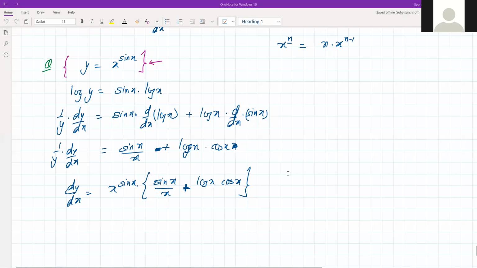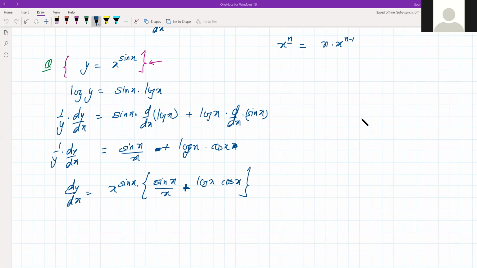This function, that is x to the power sine x, because we have x to the power n. We have differentiation for x to the power n, where n is an integer or n is a number, but here there is a function x to the power and the exponent is a function. So that function itself is obviously variable, so we won't be able to apply the formula for x to the power n here. That's why what we did is we applied this rule of logarithm.